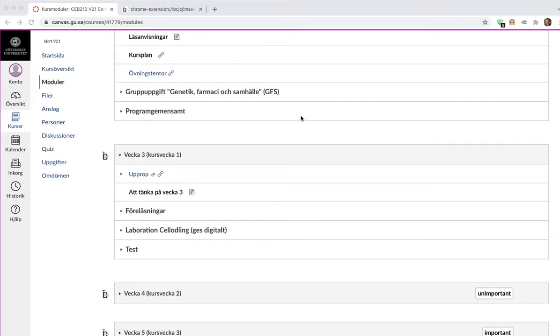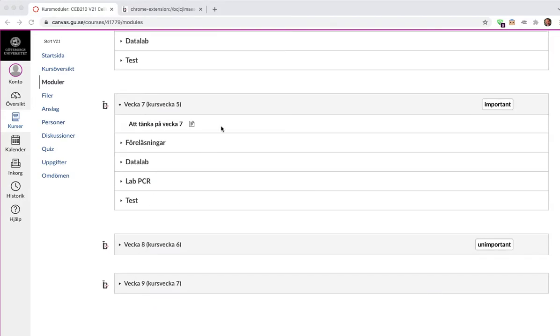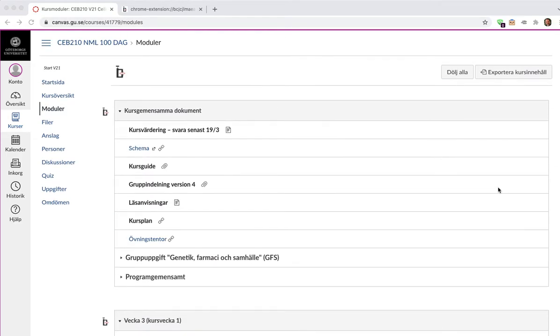It has some modules that are collapsed here and here. And you also have some modules that have been user tagged. You see here there's either the unimportant user tag or the important user tag. So if we first look at how